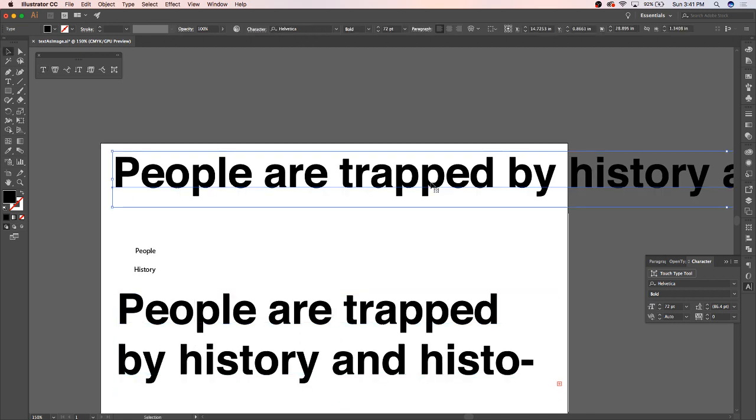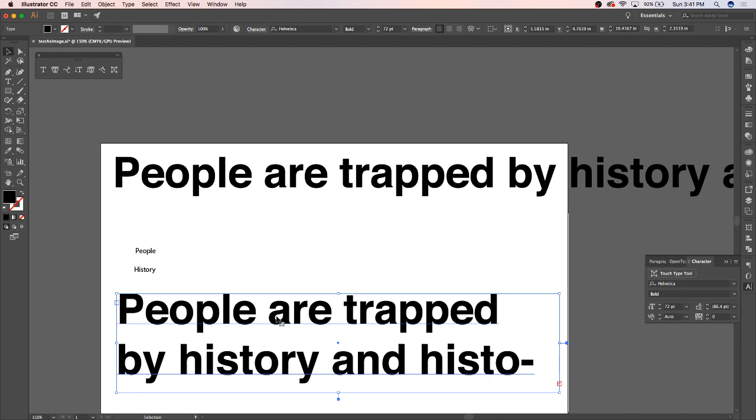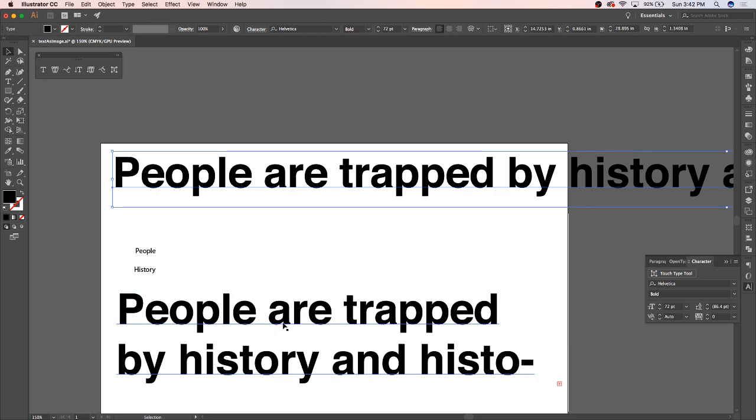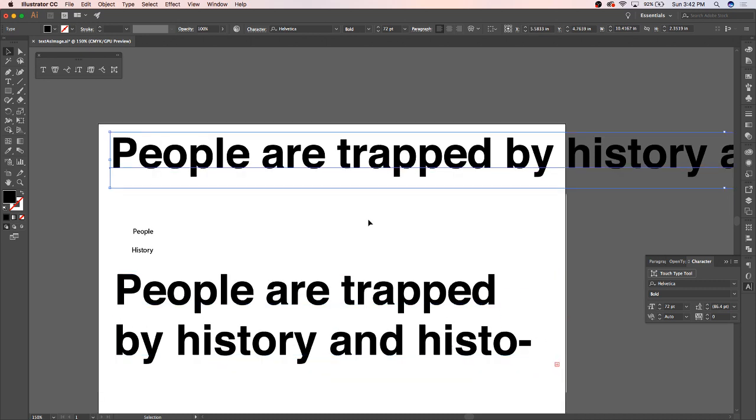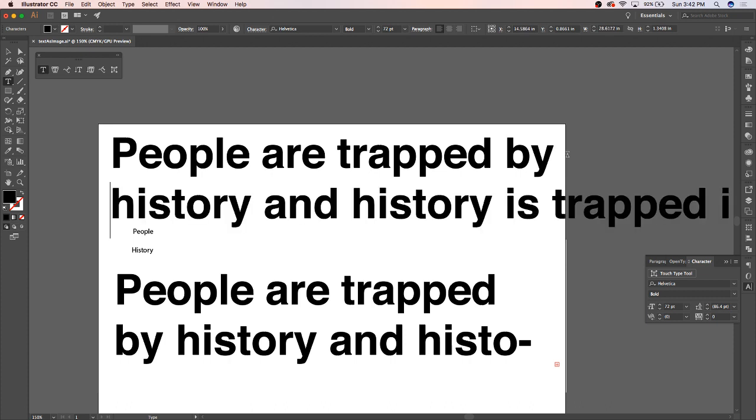So we have the same sentence now, but it's input in two different ways. This one was input by using the line text, and then this one was input by drawing out an area of text and then copying and pasting this same text in here. So, just to show some basic differences between these two different types of text, beyond just having to create breaks with this text by using return,